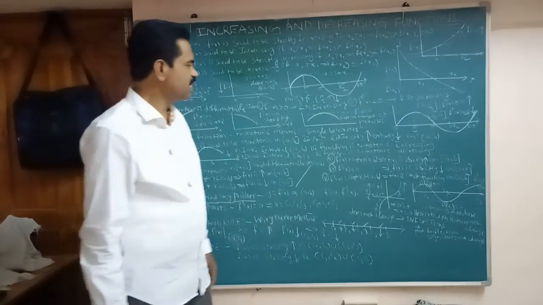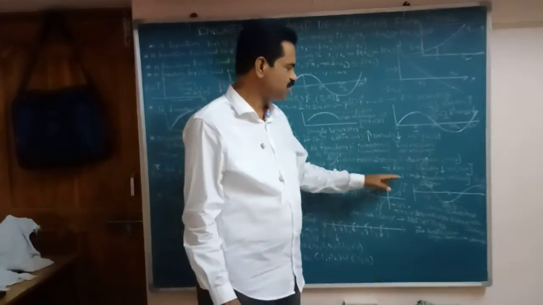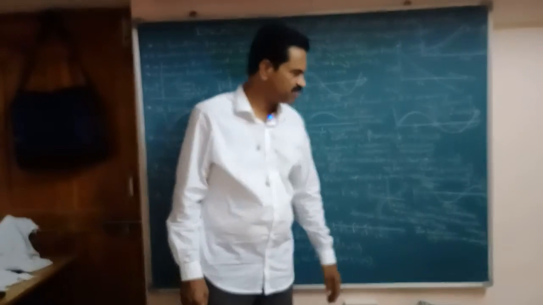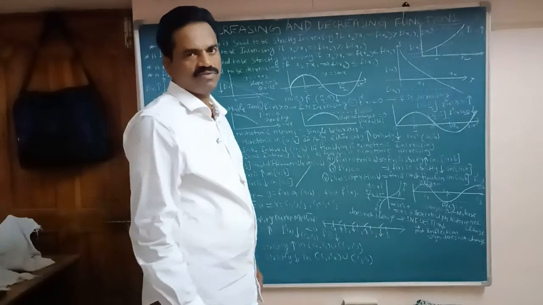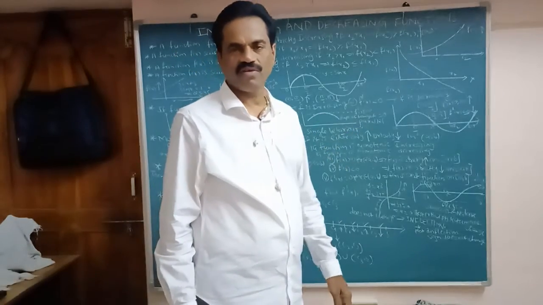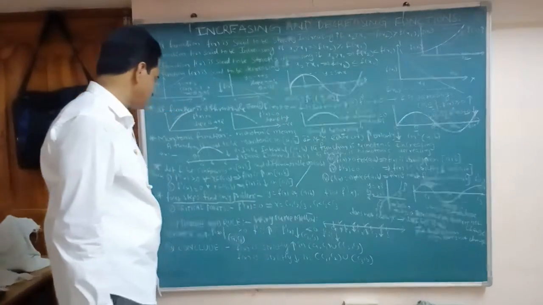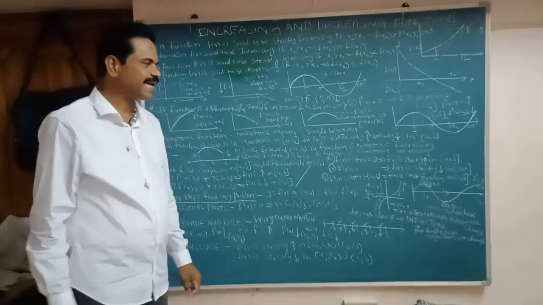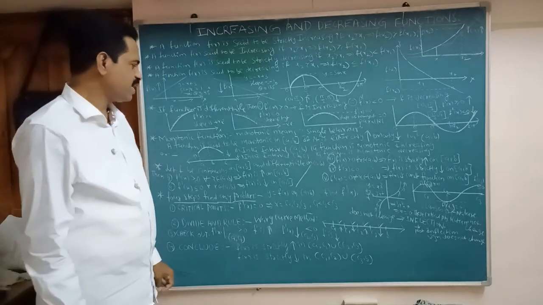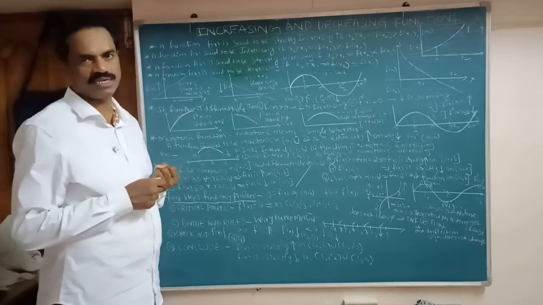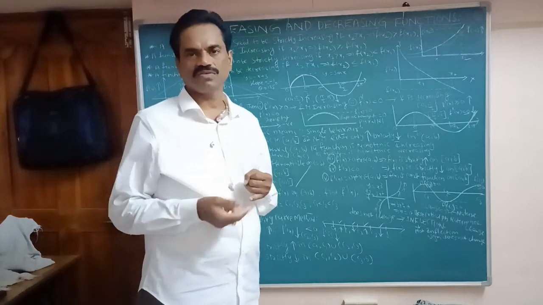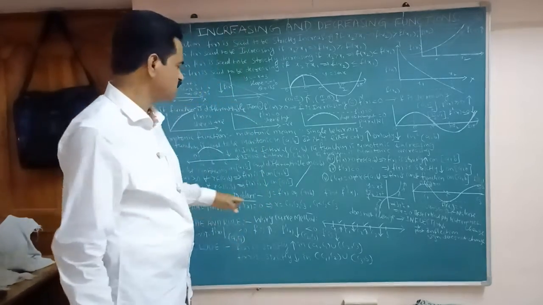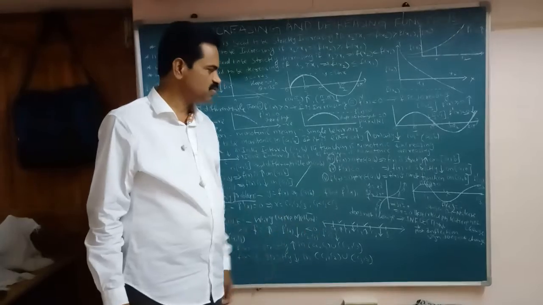And the fifth one: if f dash x equals 0 for all x belonging to a comma b, then f of x is a constant function on the interval a comma b. So how can you find where a function is increasing and decreasing? If you remember the 4 steps, we can find out easily. This is the easiest method. First we find the critical points. Let the given function be f of x, then find f dash x. Set f dash x equal to 0, and we get the points x equals c1, c2, c3, with c1 less than c2 less than c3.